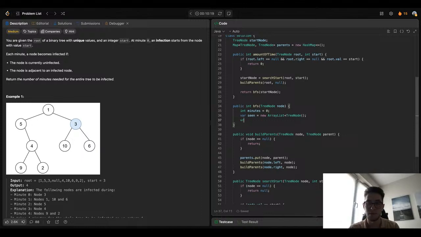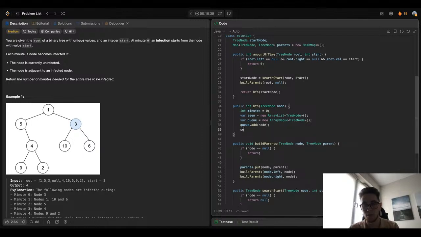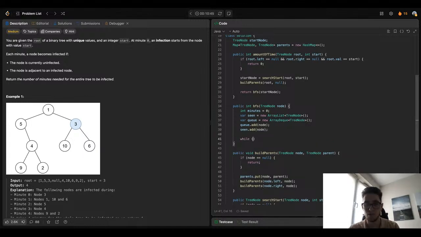Then we have to create a queue of TreeNodes. Add our start node to this queue. Add our start node to seen, and then while our queue is not empty,